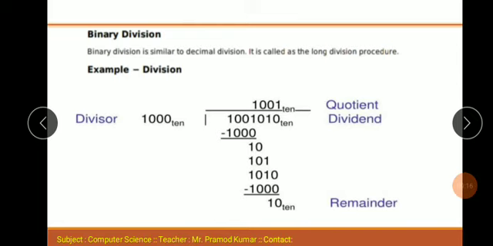Through this you can use it in an easy way. The binary number system performs addition, subtraction, multiplication and division, 4 types of operations, and they are near about the same, but addition has some difference, subtraction has difference, and multiplication and division are just like decimal mathematical operations.